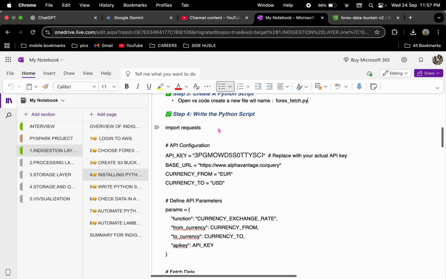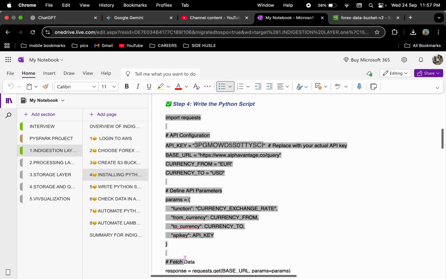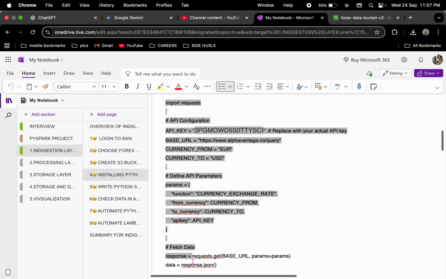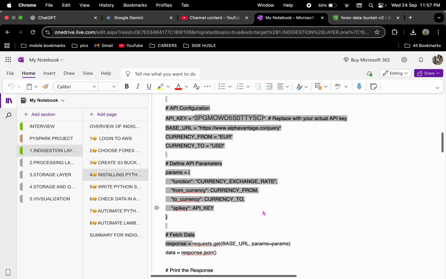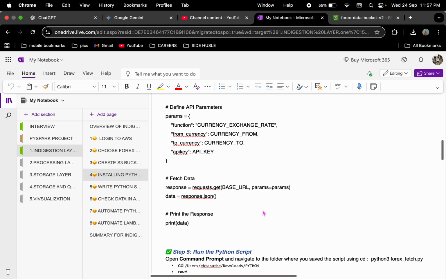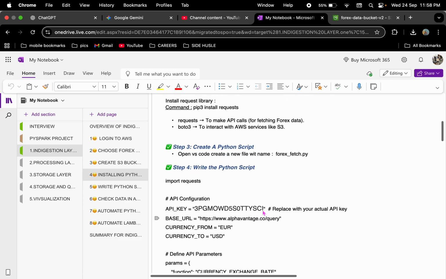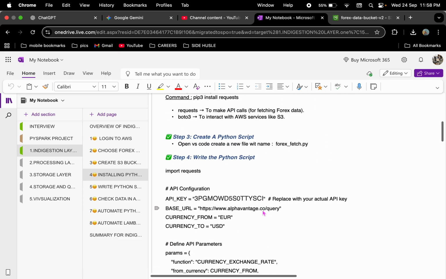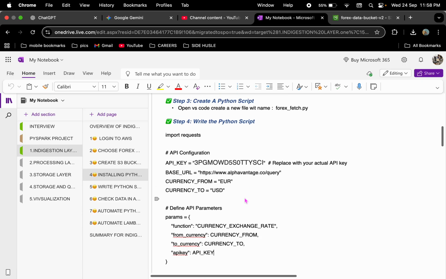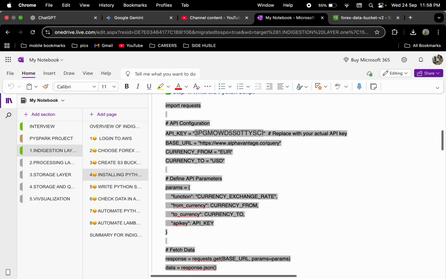So here I have given you the sample Python script that you have to use for your project as well. Okay, so this is the entire script. First, let me paste the script in VS Code, then I will tell you step by step what this script means. Okay, first of all, I will copy this entire script as it is